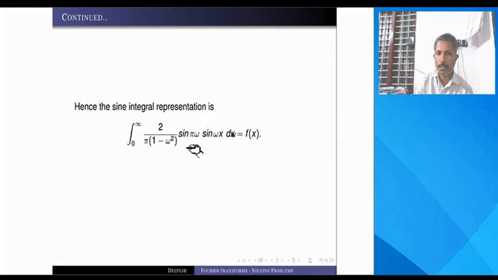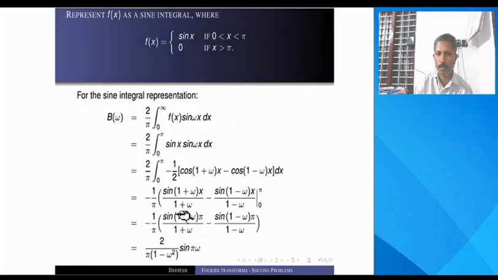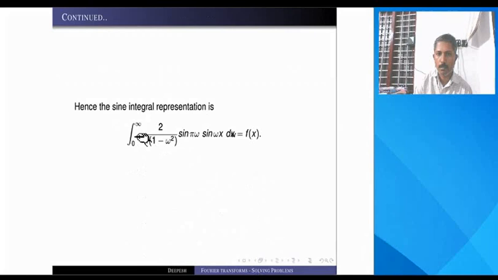So for the sine representation, just take that d omega, either this or this. If you can do only this much, you can take this much and substitute here, no problem. Since we have a simplification, I have written the simplification here along with the sin omega x. I have taken a simplified part of this A(omega), that's all.